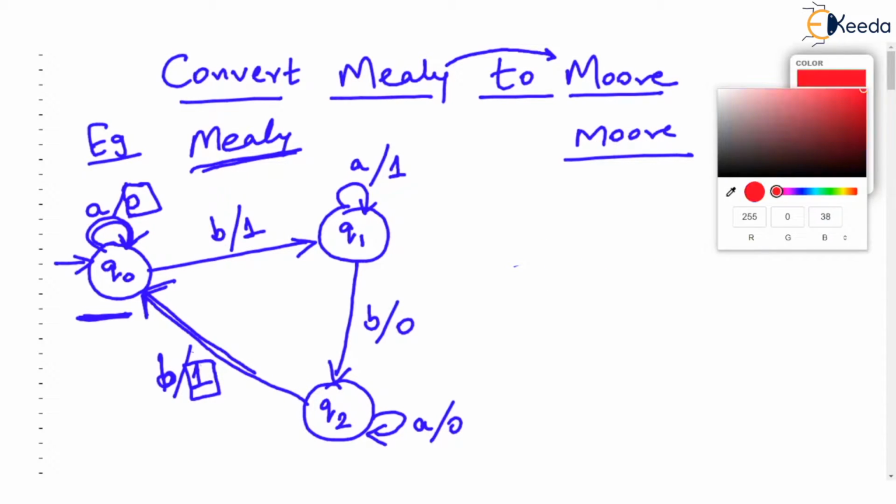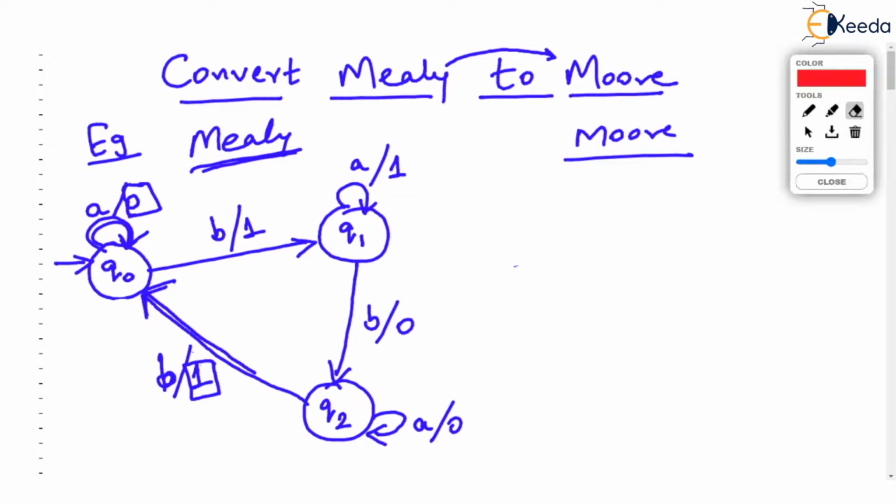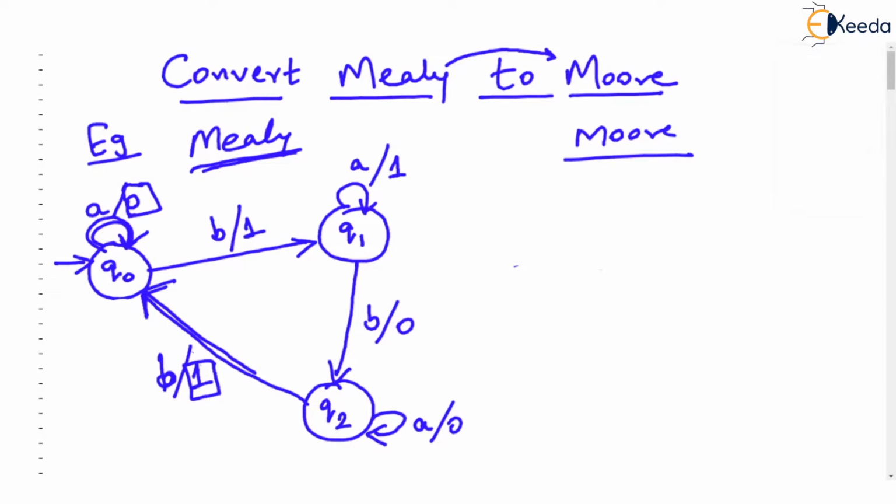Let me change the color, give me some time. We will have to split this Q0 state into two different states. But remember, they will be still called Q0. So we'll create a state called Q0 and another state called Q0. But then one of the Q0 states will output 0 and another Q0 state will output 1. But you can't have two states with the same name, so we'll name the first state Q00 and the second state Q01, just to name them differently.